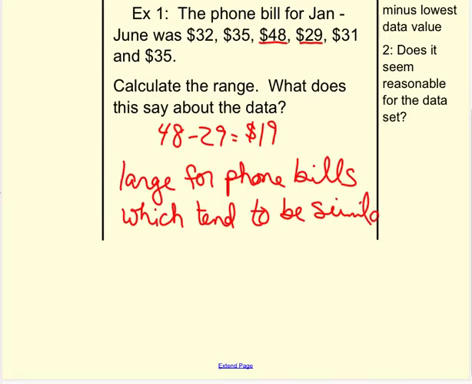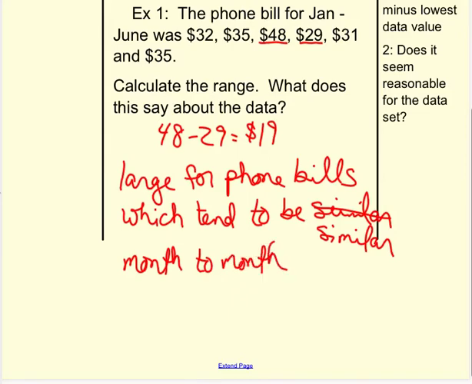That word is similar, sorry. Let me rewrite that, similar. All right, so as I mentioned, it seems like a large range when your phone bills tend to be similar